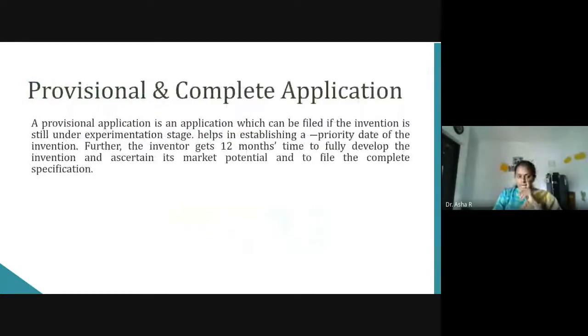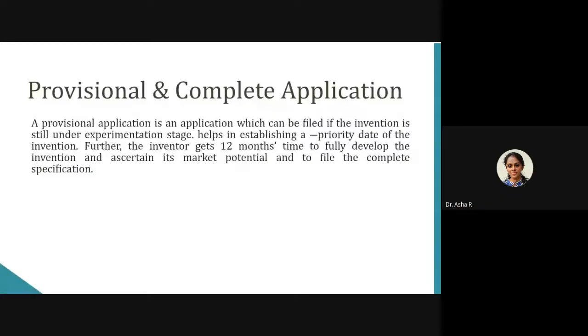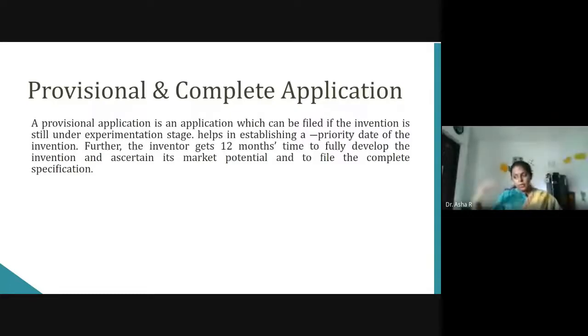Then provisional and complete application. If you know you are working on something and you want to file a patent, but you feel that you need some more time to complete your invention. You just have some idea and you have worked on something, but you need more time. But you feel that if you are not filing a patent, somebody else will go and file a patent for the same invention. You have a feeling that it is a potential area. If somebody else has filed before you, you lost the chance. So